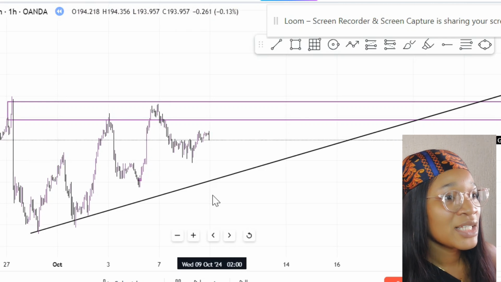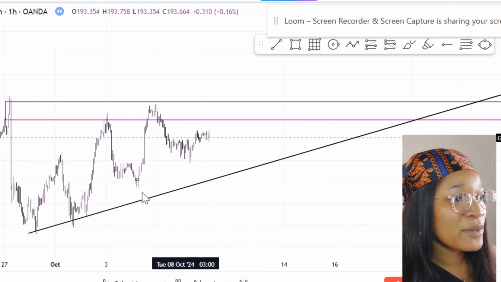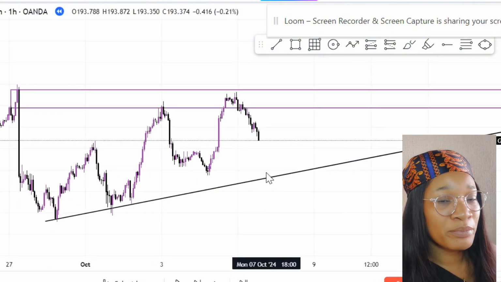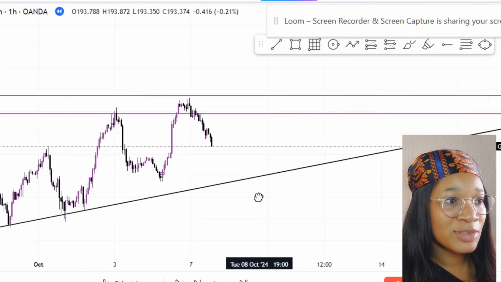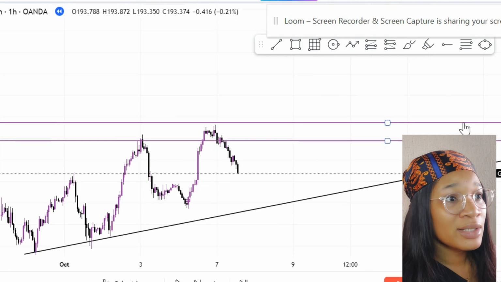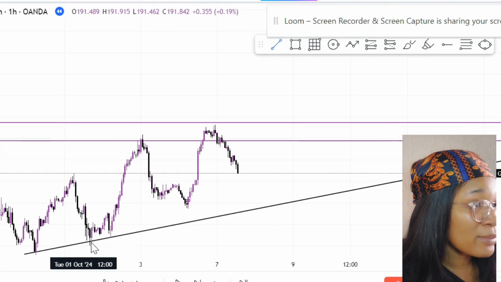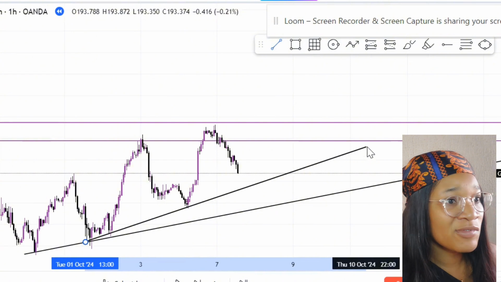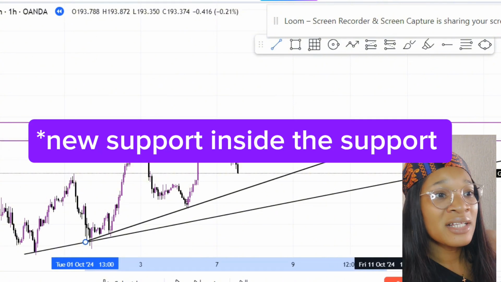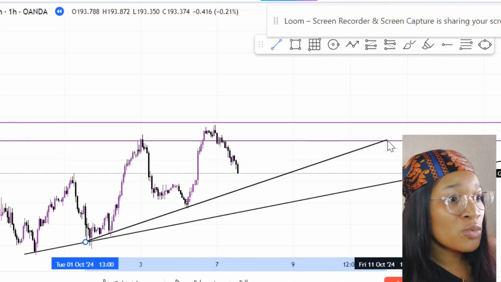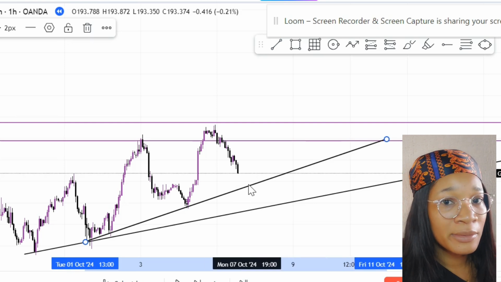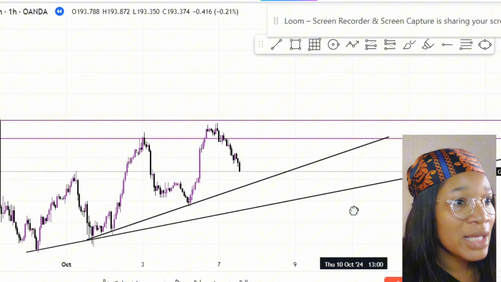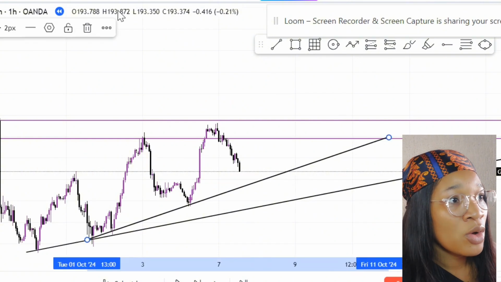Okay, so now what we're looking for is price coming into that level. You can see that price is actually approaching the support level that you have marked again. Now, like I said earlier, some people may decide to mark it out this way. Since it is forming a new resistance inside the major resistance, some people will come here and mark out another support level, right? You can actually do that,